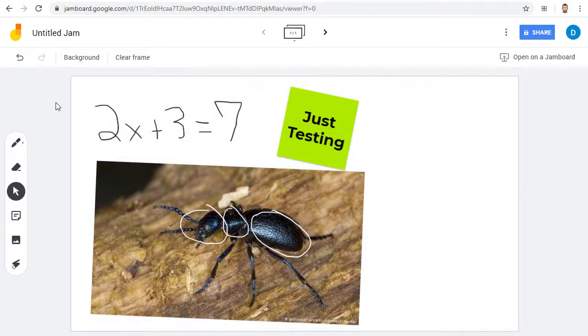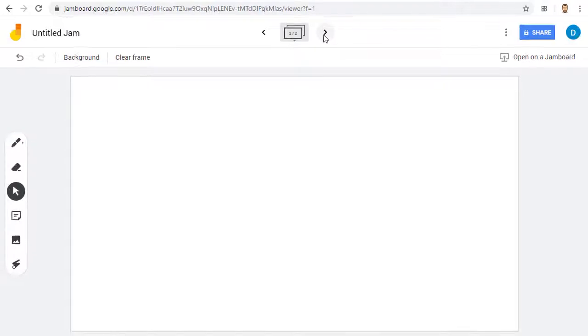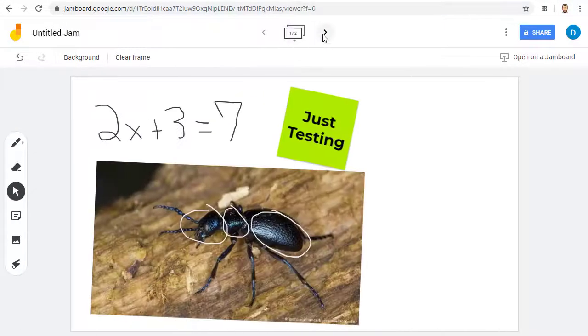Another big difference with Jamboard is the option to add multiple pages. Simply click on the arrows at the top of the screen to add more pages or to move back and forth between pages. This can let you keep making several pages of notes on your whiteboard for all of your content. This is all great for when you want to present information, but one of the most powerful features of